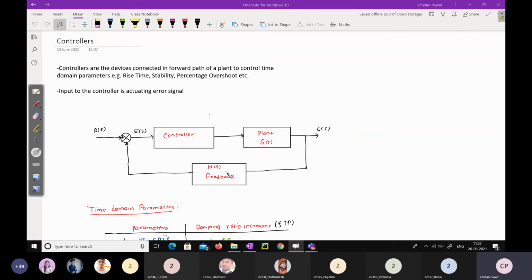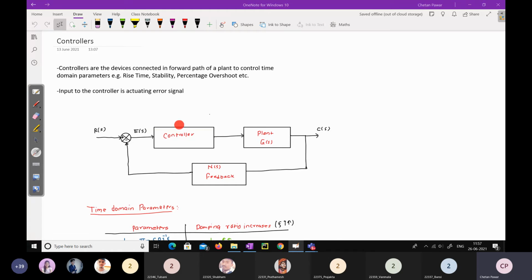Because of that, we will not get the desired response. That is one point. We can't change the system now, right? We can't do anything with the system; we already designed it. Now, how do we control the performance parameters of the system? We can control it by inserting a controller in the control system. That will be another part besides the plant.